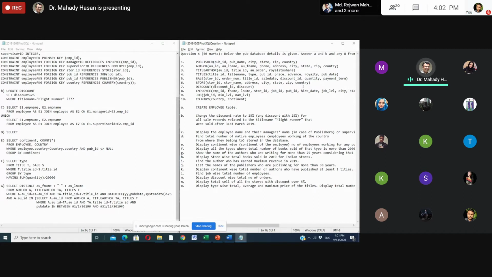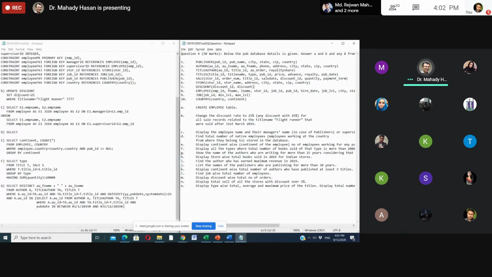The issue here is that we have to update the table called discount because the discount factor is there in the table discount. In the sales table we have discount ID, not the discount, right? That means we want to update the table